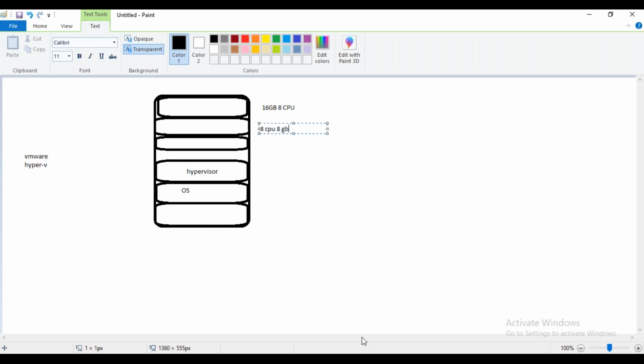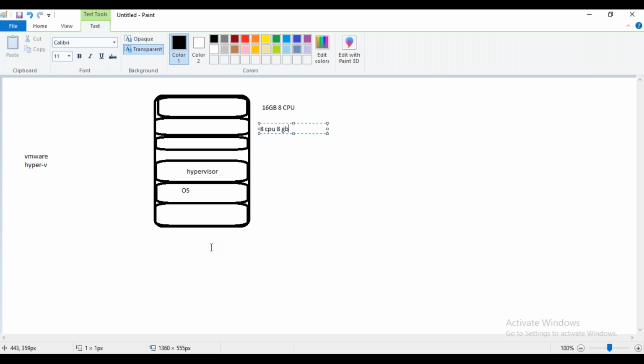And we no longer need to buy huge physical servers. We can reduce the space. This way virtualization came into the picture, and it helped a lot of companies, not only startups, but also existing data centers that had very large numbers of servers. They also started migrating their applications to run on virtual machines. So this way it helps a lot, and even for startup companies it is helpful.